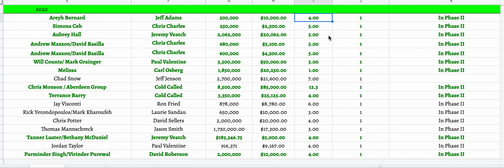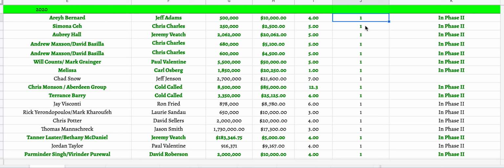And then you're going to track the amount of hours that you put into the deal before it converted. So again, this isn't going to be every minute. It's just, how many hours did you spend? Was it 3 hours, 4 hours? Honestly, if it's any more than 5 hours, you're probably getting into overkill. And